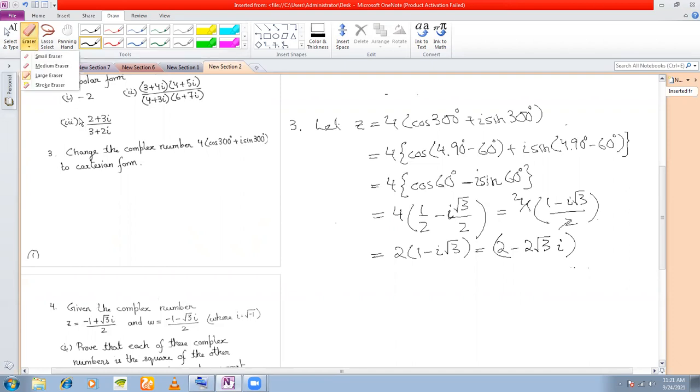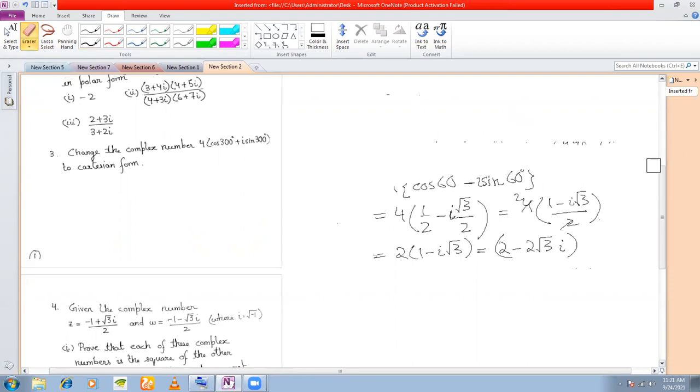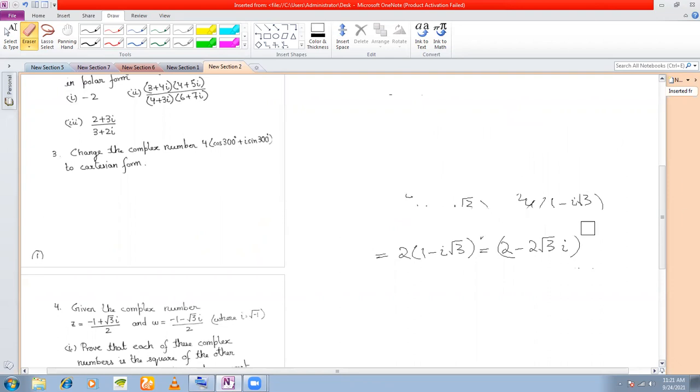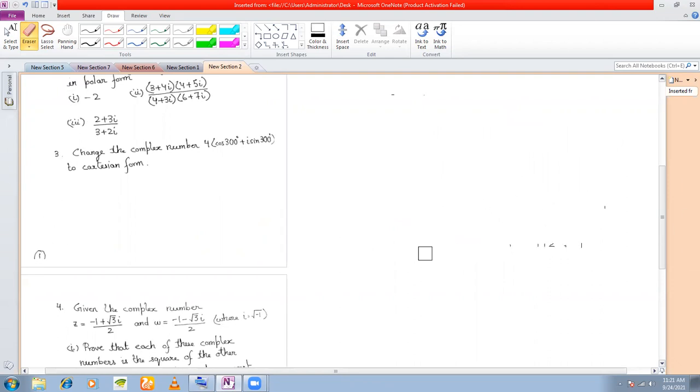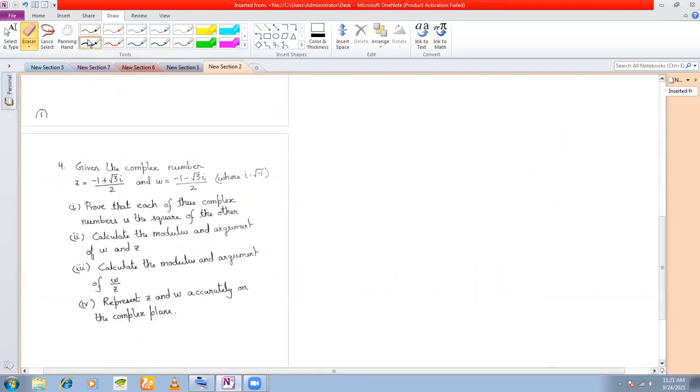We proceed to the next part, and the next part is actually something that will give you an introduction to the next topic, which is the cube roots of unity. So you should do this part a little carefully, because this will form the basis of your understanding for the next part. Okay, let's do this. Given the complex number z is equal to (minus 1 plus i root 3) divided by 2. This is given.